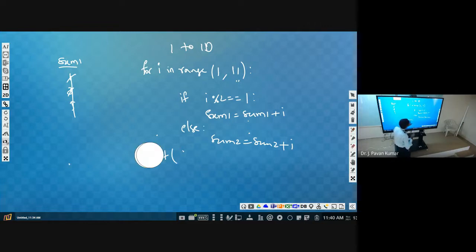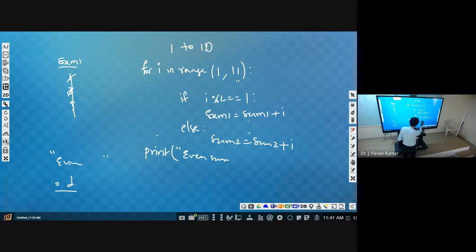Suppose now the requirement is like I have to display like this. Even sum is this, odd sum is this. Like this I wanted to display. So how we can write? Print "Even sum is", okay.